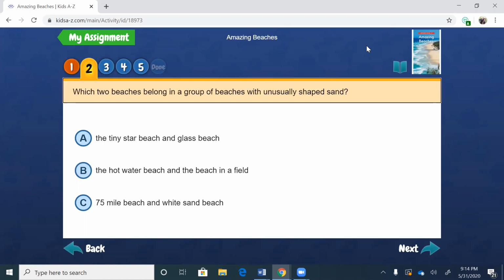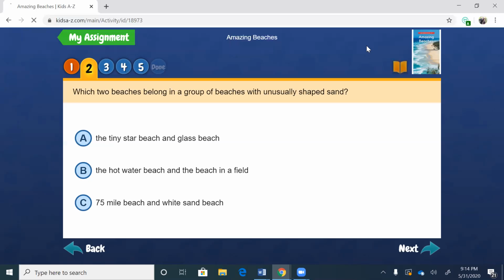Which 2 beaches belong in a group of beaches with unusually shaped sand? Okay, so we're talking about the sand here and how it's shaped. Okay, so is it the Tiny Star Beach and Glass Beach, the Hot Water Beach and the Beach in a Field, or the 75-mile beach and White Sand Beach? So let's go back and see what's different about the shape of the sand